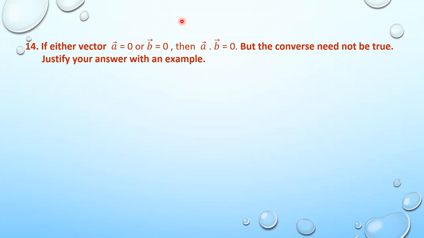Normally you can say it is not necessary that vector a or vector b should be equal to 0 to get the dot product of a and b equal to 0, because when they are perpendicular also, there is a chance of getting a dot b equal to 0. But here they are asking us to come up with one example. They are not asking to show that the angle is equal to 90 degrees. They are asking for an example where a and b are not equal to 0. That we need to show.